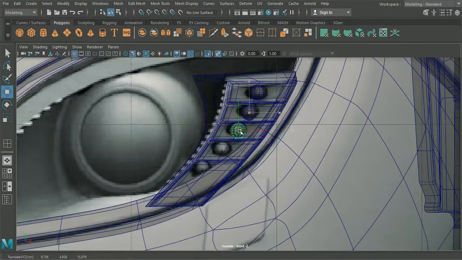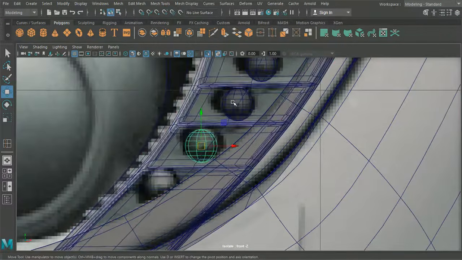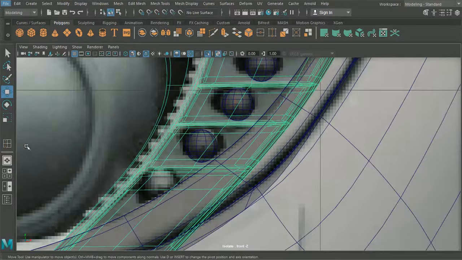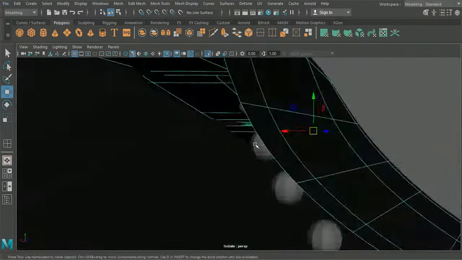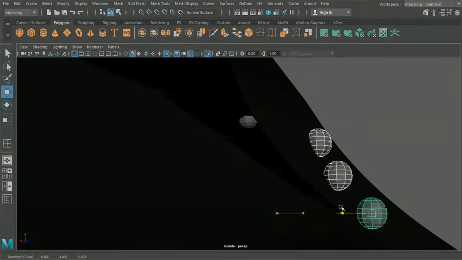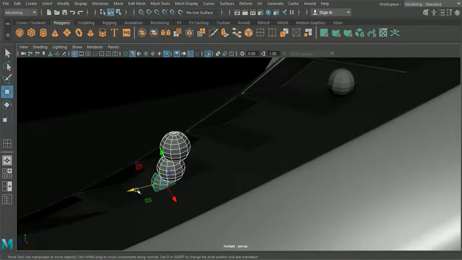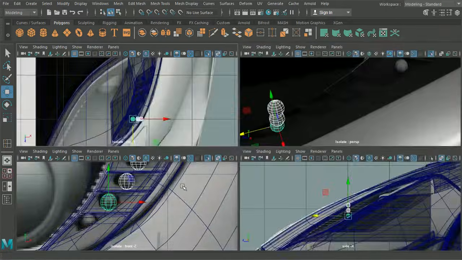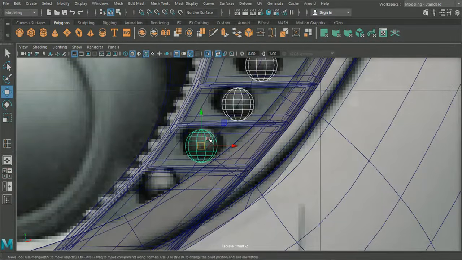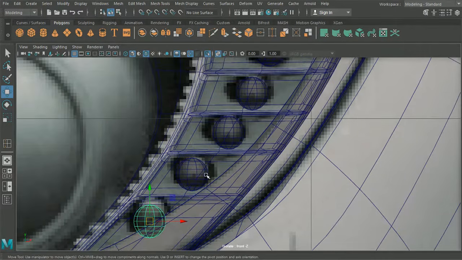And then we can just hit Ctrl D to duplicate this. Looks like we'll want to push these out now. And our last one here.